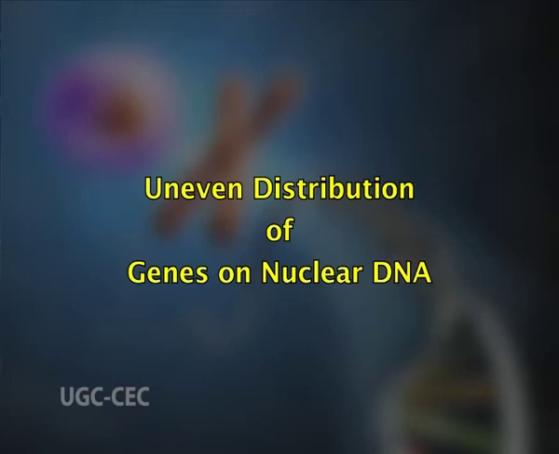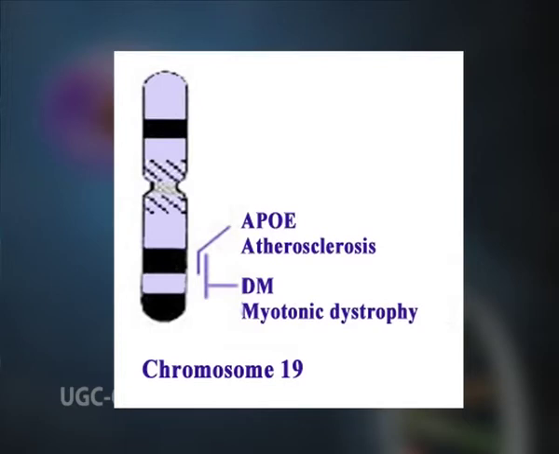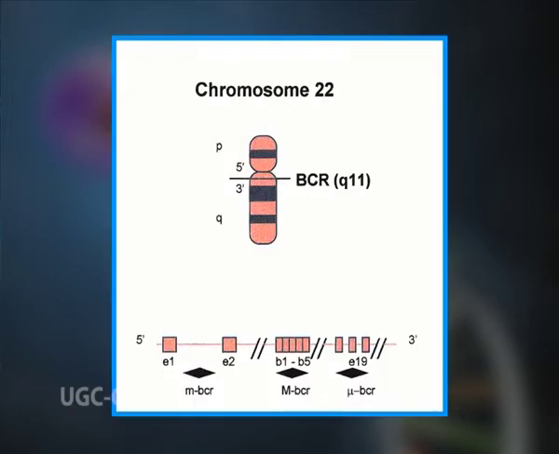Now we shall talk about the uneven distribution of genes on nuclear DNA. There is an absence of genes on the heterochromatin region, and the density of genes on the euchromatin genome varies along the chromosomes. The insight on the distribution of genes was obtained for the first time in a metaphase chromosome. It was later found that some chromosomes are gene-rich, for example, chromosomes 19 and 22, and some are gene-poor,